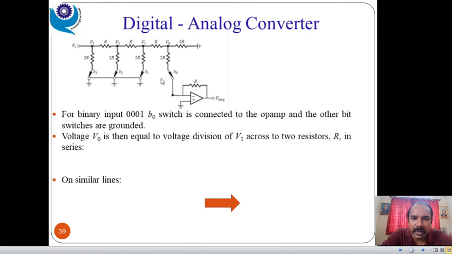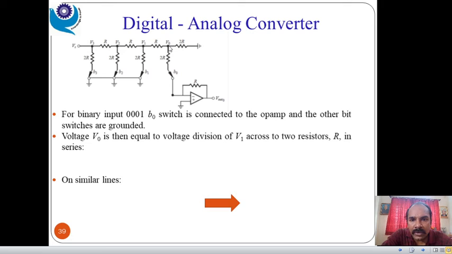See, 1 0 0 0 means it is given to the ground, right, in this pattern. So what kind of voltage is generated at this point? When we give 1 to this one, it is given to the input. So these two resistors are in parallel. When two resistors of the same value are in parallel, the net equivalent will be half, that is 2R parallel to R, the net equivalent will be R. Suppose 10k and 10k in parallel, 5k; 100k and 100k in parallel, 50k, isn't it?